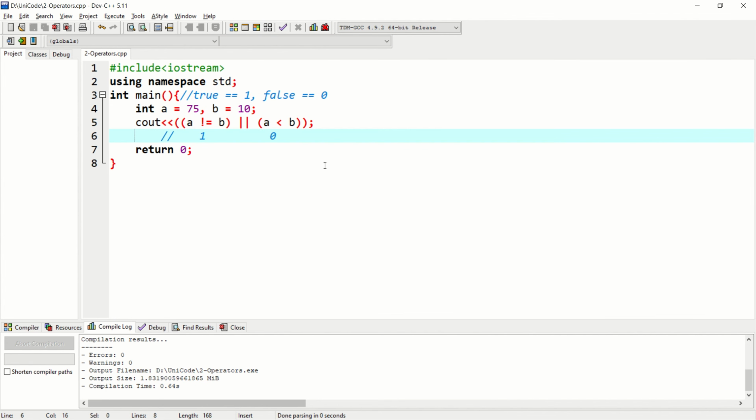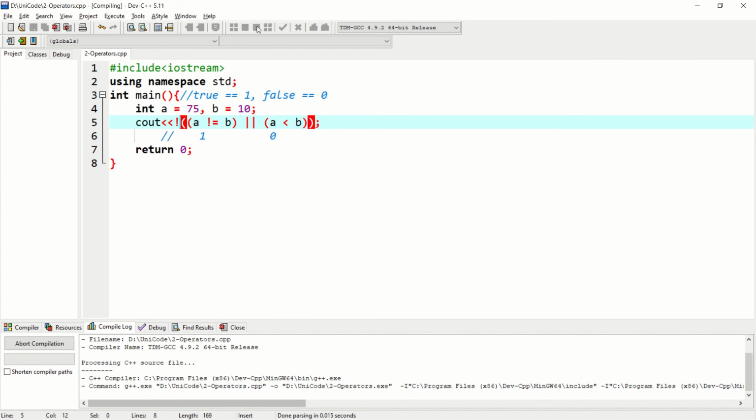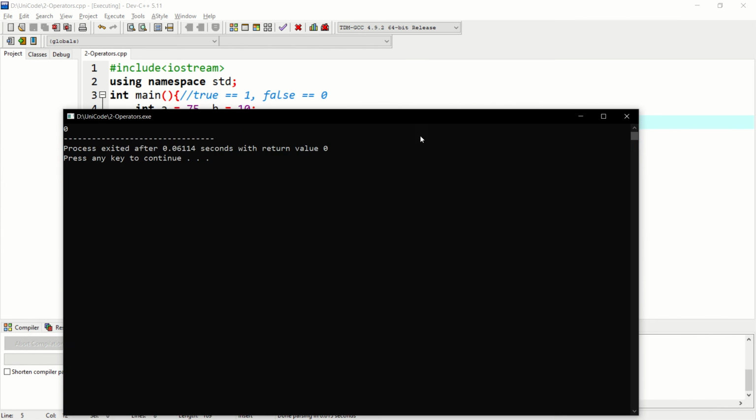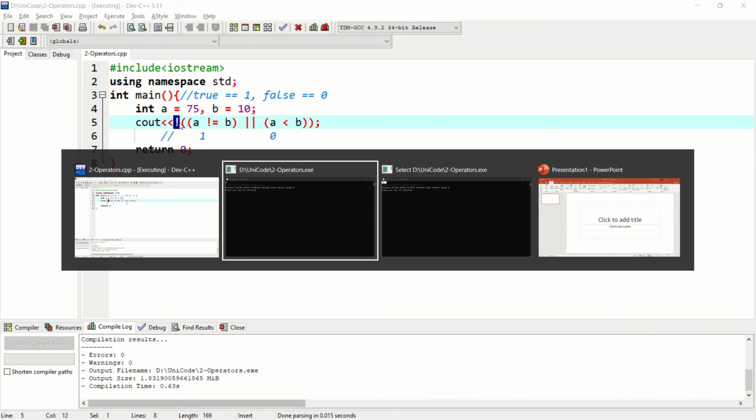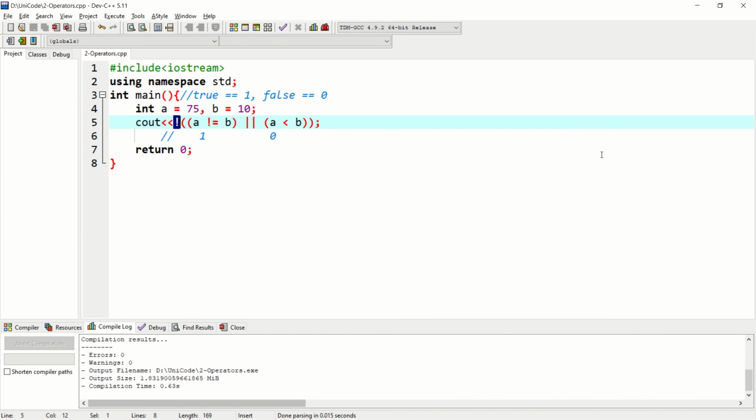Okay, so the next logical operator is not. It always gives an output as 0 or 1, but it reverses the output. So if I write here a not outside of this whole bracket, we can see here an output of 0. But inside, our OR operator value was 1, and because of this not, we got an output of 0. Not only changes the value from true to false. Okay, so these were the operators.